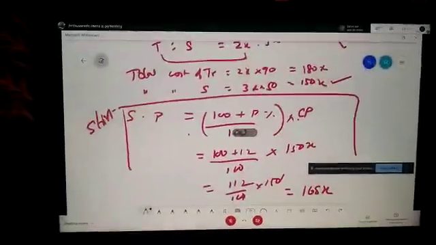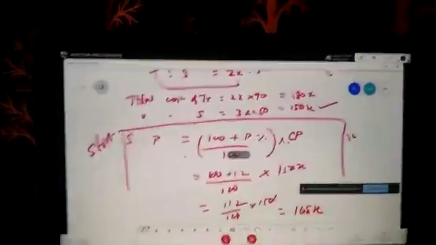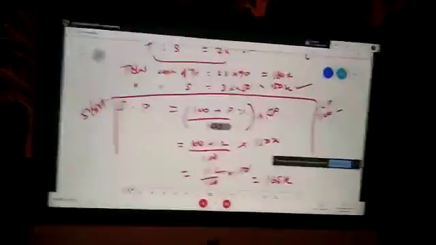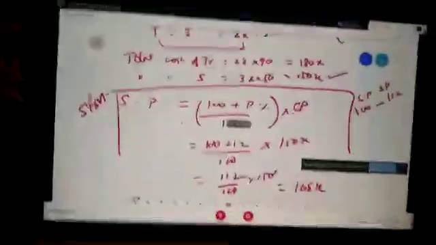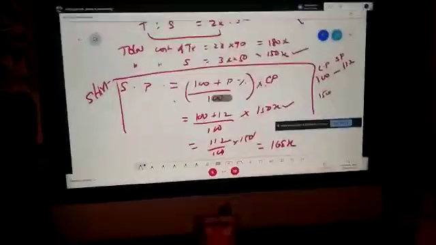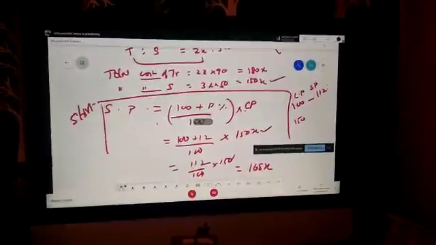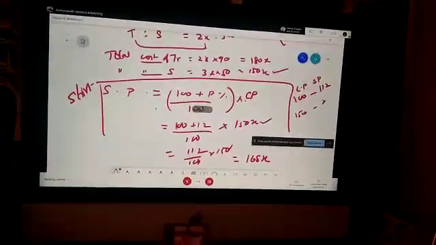I'll teach you some other method in this. See, for example, children, suppose you are buying some shirt for 100 rupees. 100 rupees is the cost price. You buy for 100 rupees and you are selling for 112. 12% profit means what? Selling price is 112. Now, what will come when the cost price is 150? Here I told you, for 100 cost price, 112 is the selling price. If 150 is the cost price, what will be the selling price?